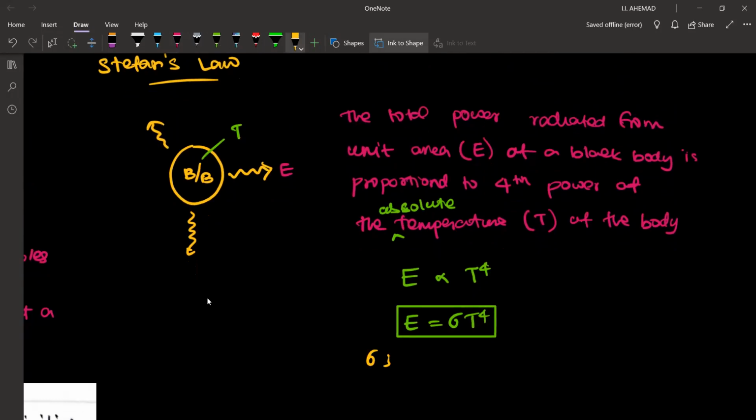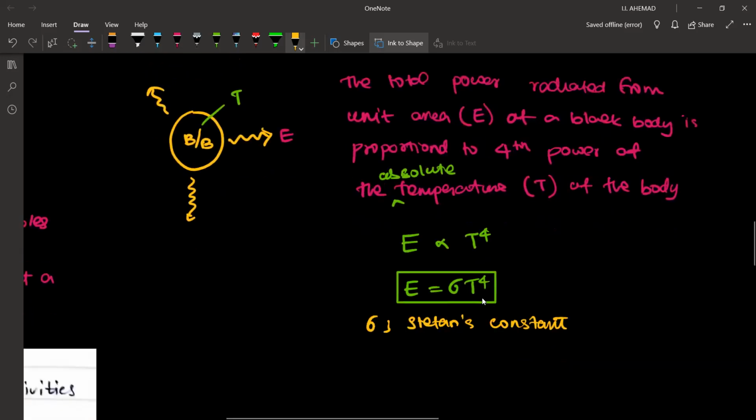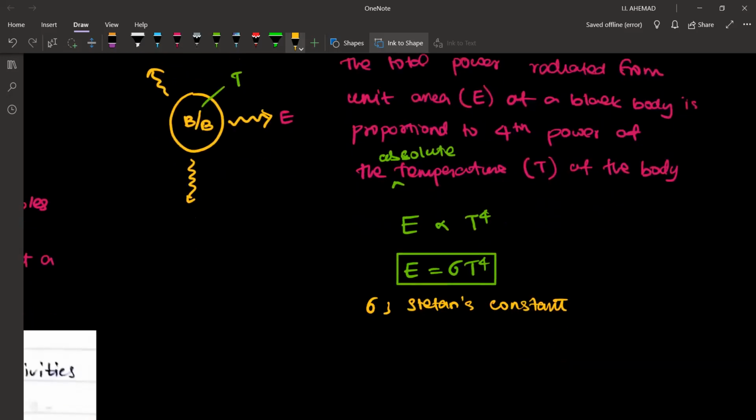Sigma is Stefan's constant, and its value is 5.7